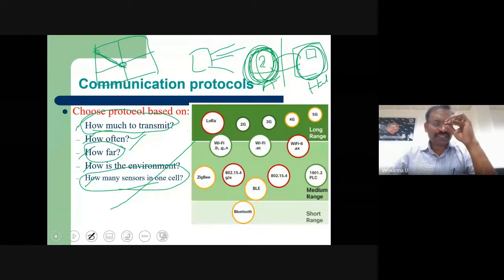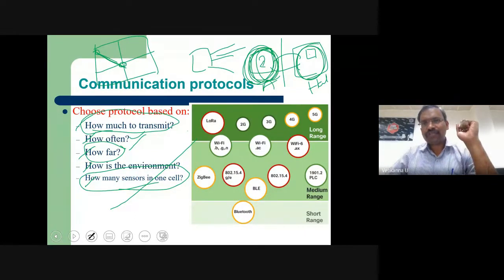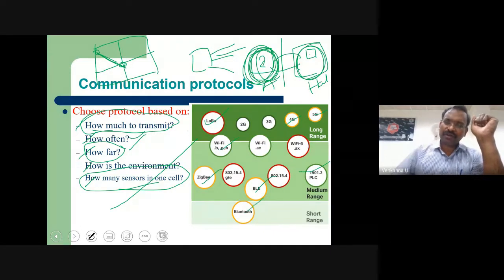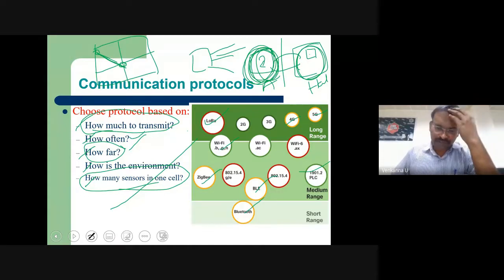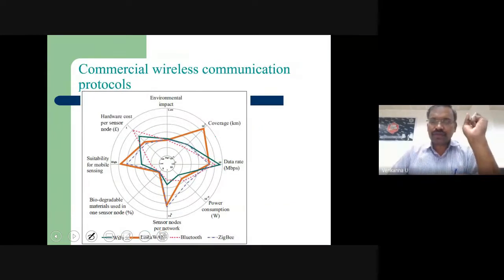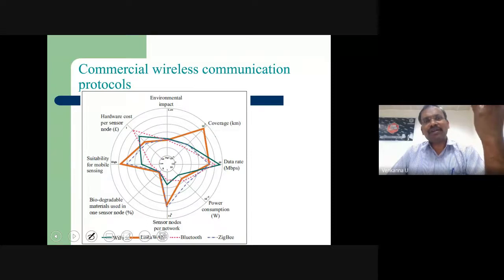Now, as I said, we are going to discuss some communication protocols. One of the communication protocols is LoRa, maybe 4G, 5G, Wi-Fi, Zigbee, BLE, and so on. I'm going to brief these, maybe 2 or 3 minutes for each communication protocol. These I have already told. As I said just now, when you're choosing a communication protocol, you have to question yourself: how much range am I going to cover, how frequently am I going to generate the data, how many nodes are going to be present?